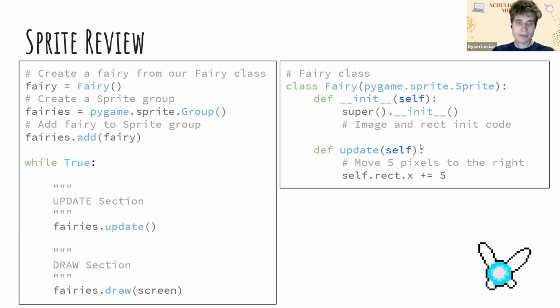And then the update is just kind of an extension of our while loop. You just throw that in the update section, and that way you can keep the fairy code separated from the rest of your game code. It makes it a lot easier to see what's going on